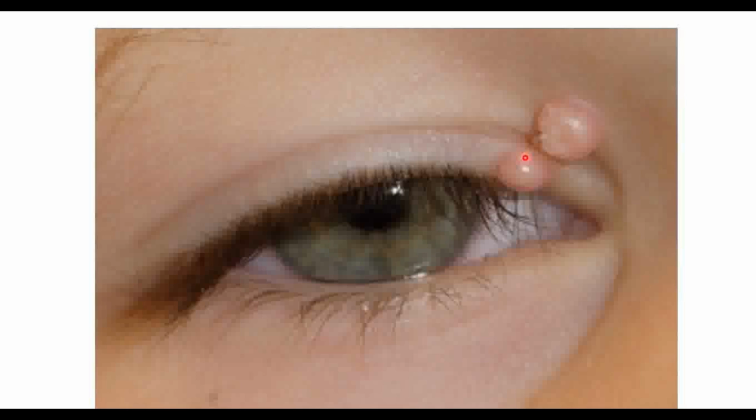Obviously it is well defined. Is it elevated or depressed? It is an elevated lesion. Is it assuming some geometrical shape or is it irregular? It is assuming a geometrical shape, hemispherical. So you are seeing the hemispherical shape here. Is there any size variation? Most of the lesions are less than 1 centimeter here, approximately less than 1 centimeter.